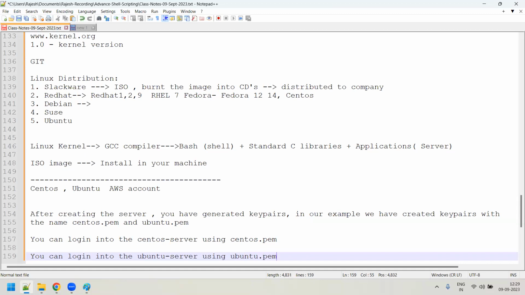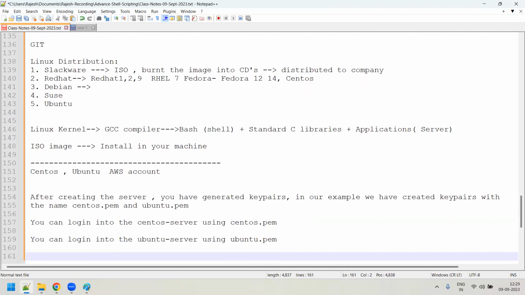Okay, so what are the different client applications through which you can connect to any Linux server? There are many. For example, Git Bash. Using Git Bash, you can log into the server. So, login methods.